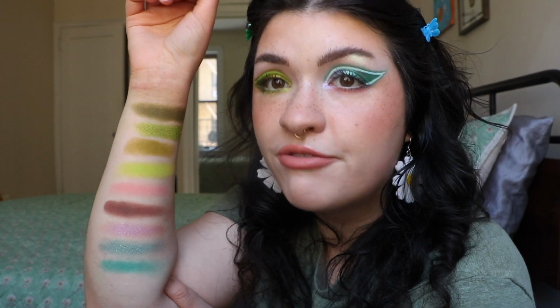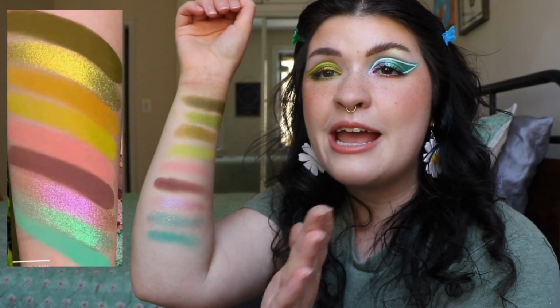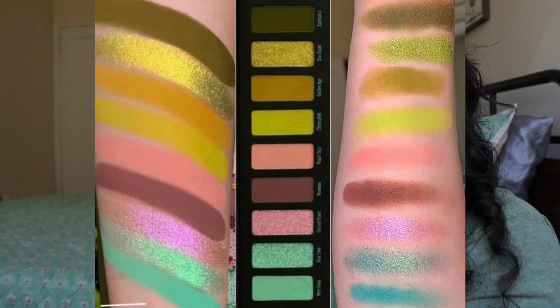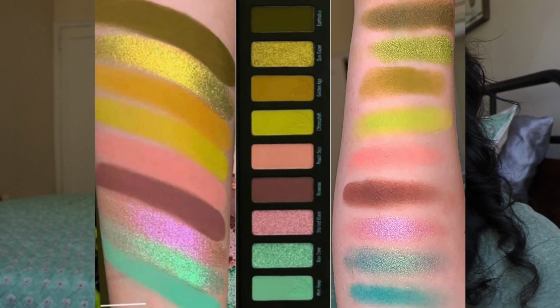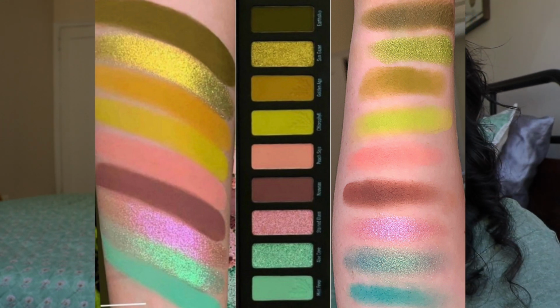So you guys, we've reached the end of my dupes. What do you think? How does it look? I am gonna insert a photo that I will take of these swatches on my arm, just because I feel like sometimes the camera can wash it out. So I have a nice phone photo for you here, so you can hopefully see it a little more true